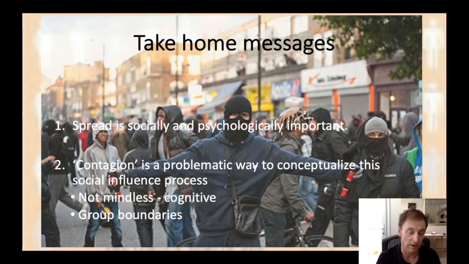But second, contagion is a problematic way to conceptualise this social influence process, because firstly, we show that it's not mindless, that cognition is involved, and that cognition, at least in some instances, is about who the target is. It's about group boundaries, and group boundaries shape and limit